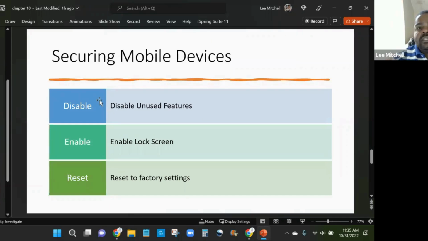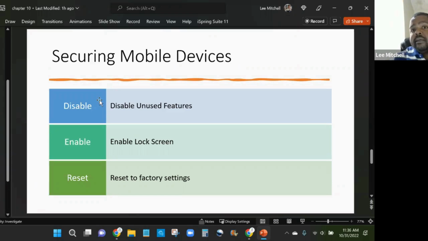So, different ways we could secure our mobile devices. Again, like I said with the GPS slide, if you're not using that GPS or you don't want that on, see if you could disable that feature. And that goes for any other features that you see in your settings. Go in there, see if you're actually using them, and if you're not using them, just turn them off, right? That way, the more features you leave open, the more you are vulnerable to